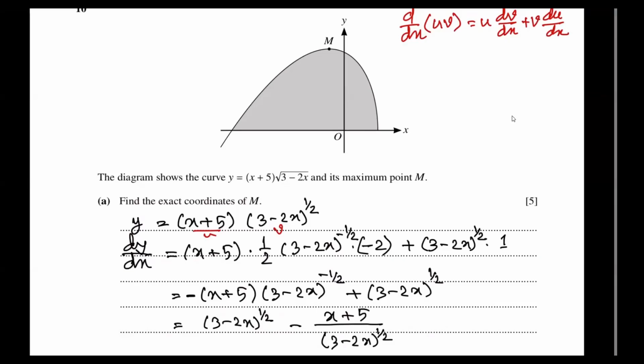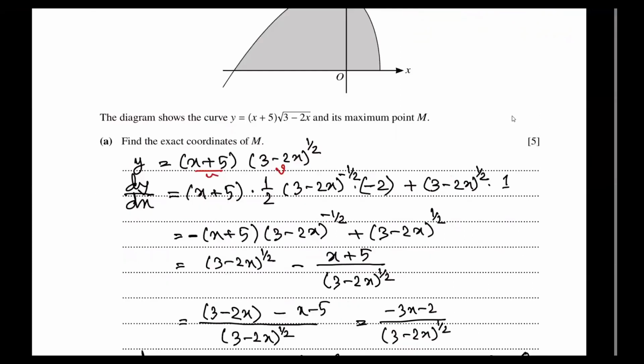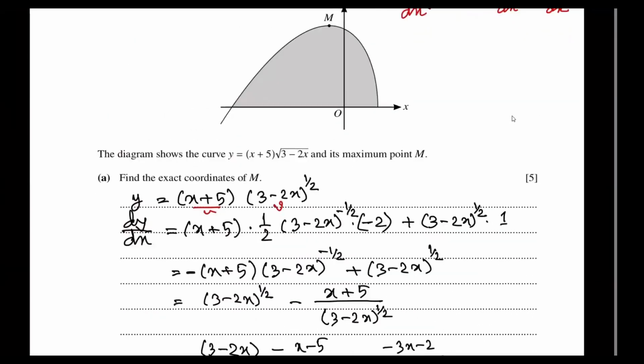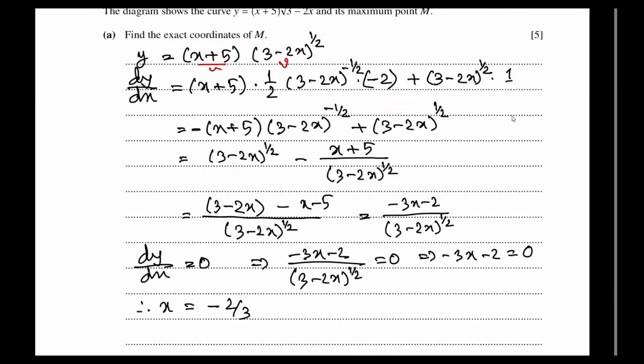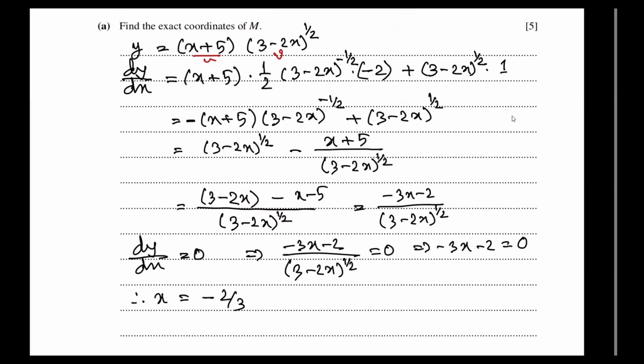So x is minus 2 by 3. Once you know the x coordinate to be minus 2 by 3, then you find the y coordinate. The y coordinate will be, substitute x equal to minus 2 by 3 here: 5 minus 2 by 3, that is 13 by 3, and that is